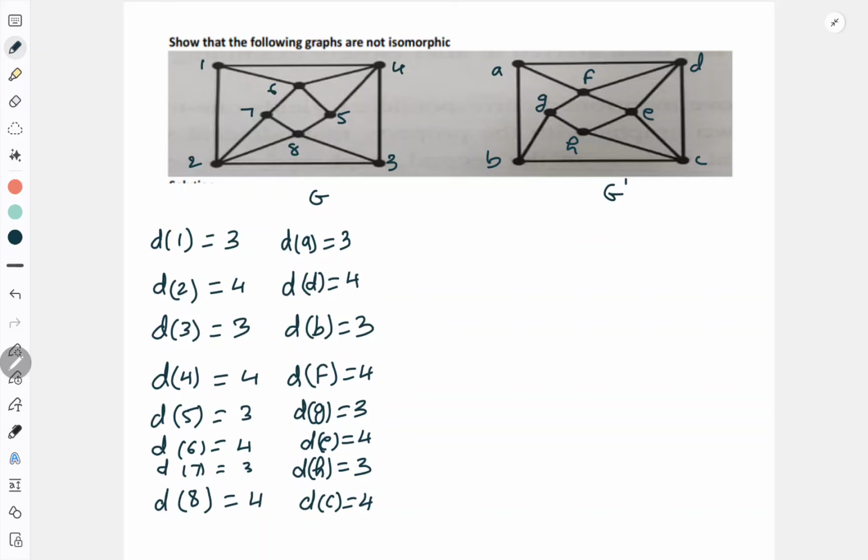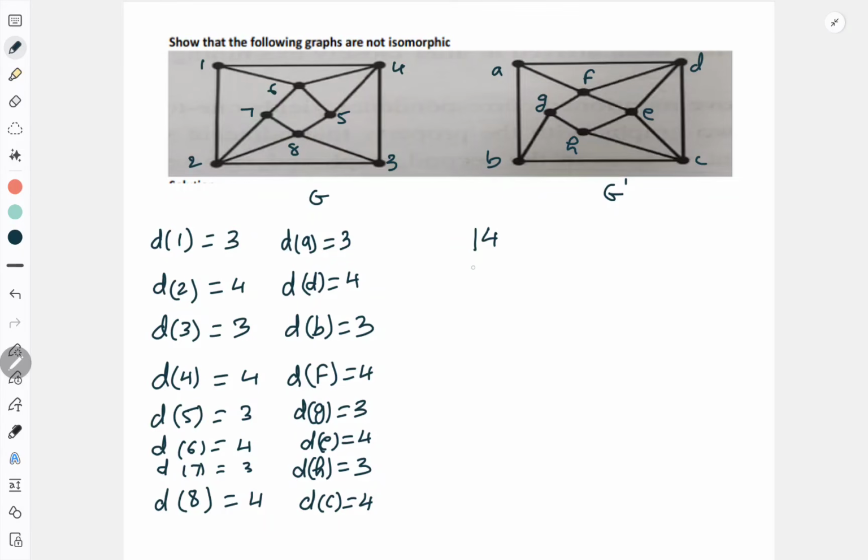But then also these two graphs are not isomorphic. Now why they are not isomorphic, that I need to understand. Because adjacency is not preserved here. Why adjacency is not preserved here, that you need to understand. Now what you have to do when you form the edges, it should be the same. Like from 1, how many edges are going?